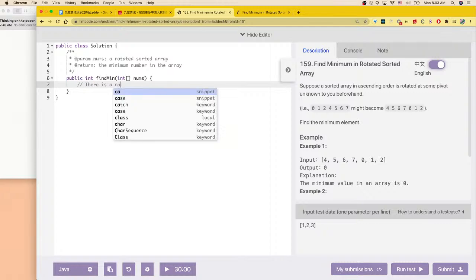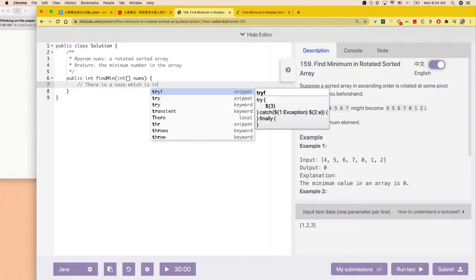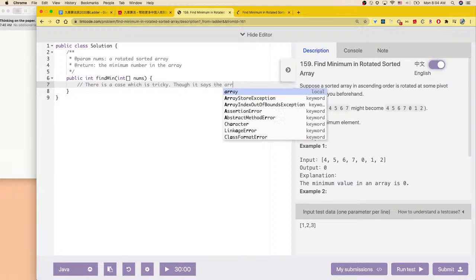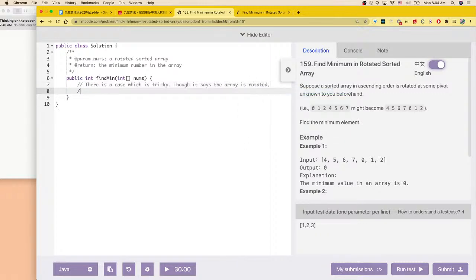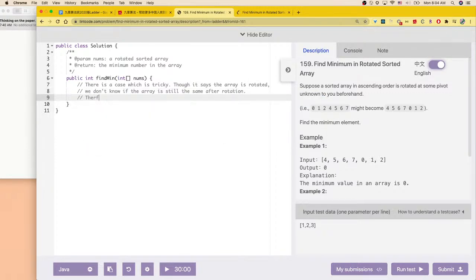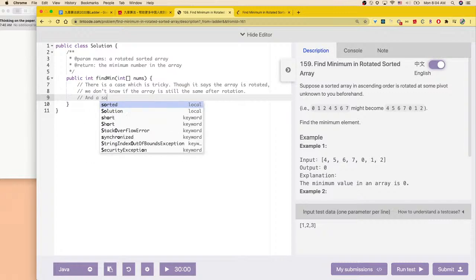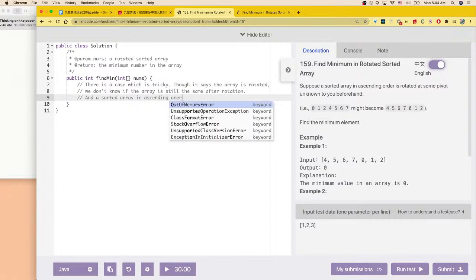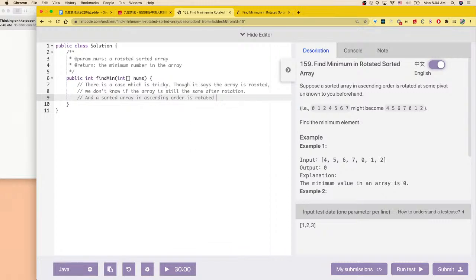Though it says the array is rotated, we don't know if the array is still the same after rotation, and a sorted array in S is rotated if